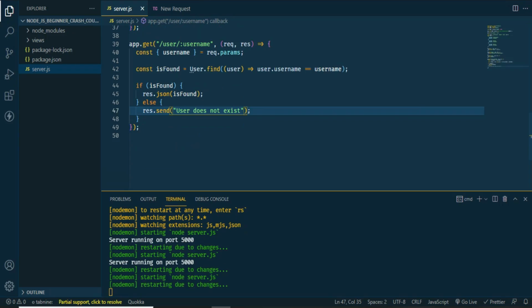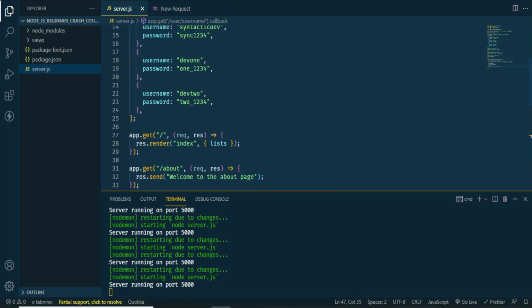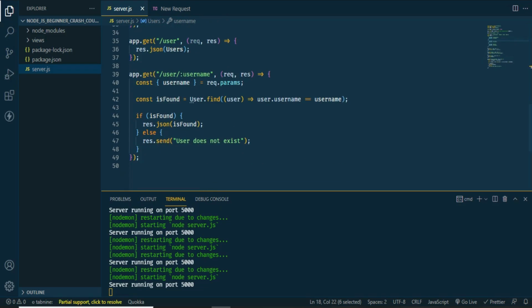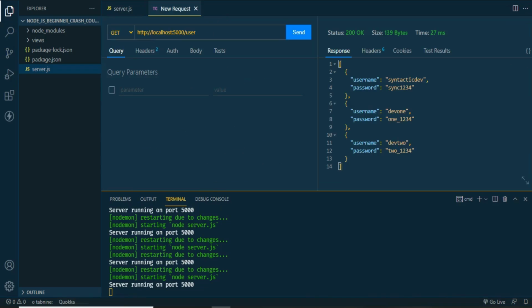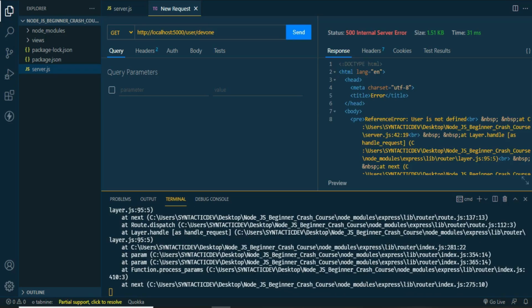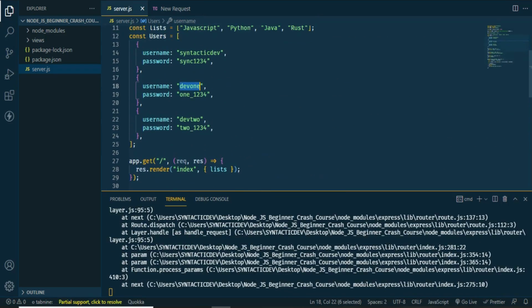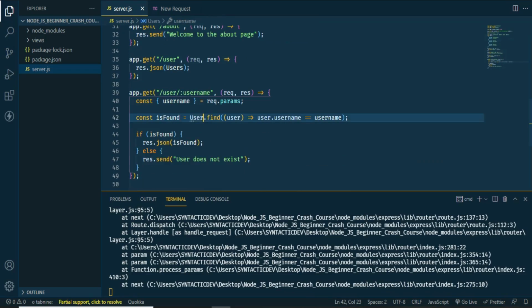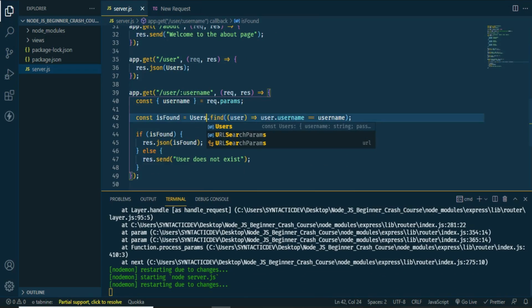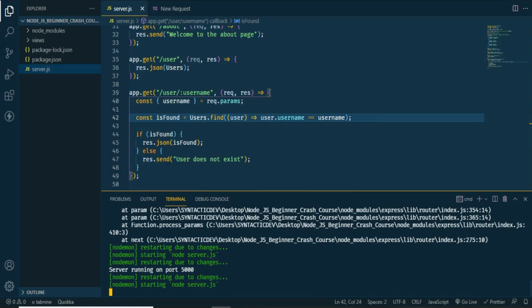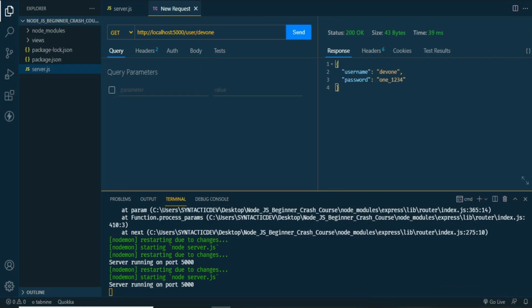So let's send the request, and we'll be grabbing the username dev1 here, and let's send the request to the parameter user/ the username. So let's add the username right here and send the request again. Okay, user is not defined, so let's check. Okay, I called it users, not user. So save again, and the server is reloading, and send the request, and you can see now